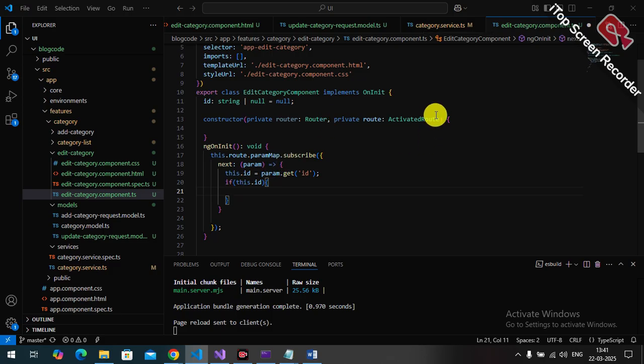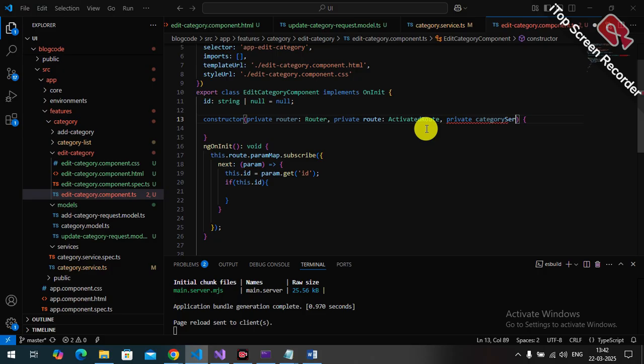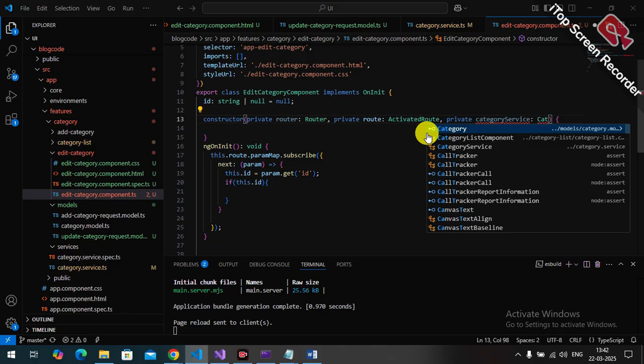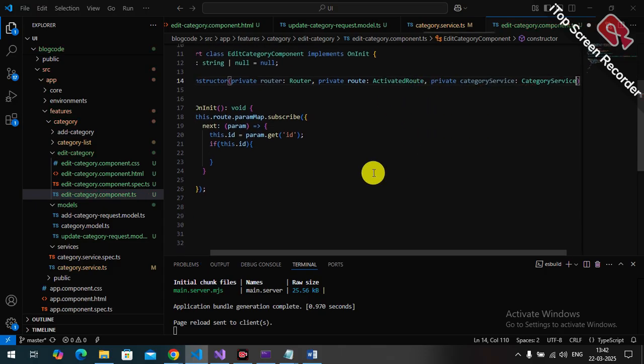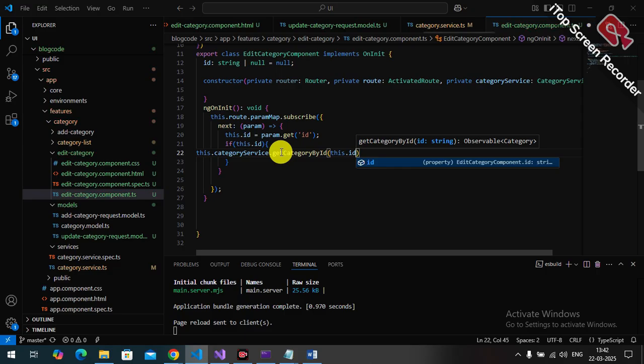service. So we need to again initialize this one, come private categoryService: CategoryService, okay. Now what we will write: this.categoryService.get, and this one the id, so this.id, okay,